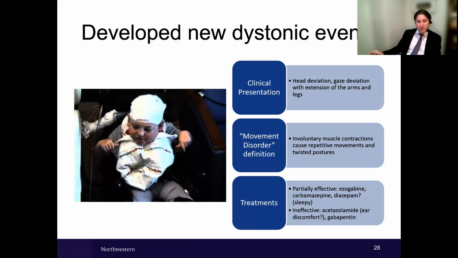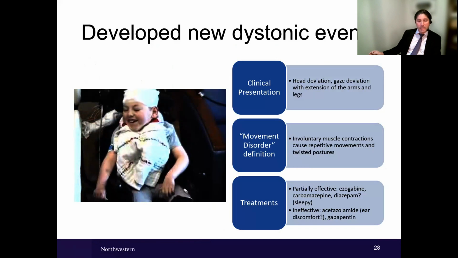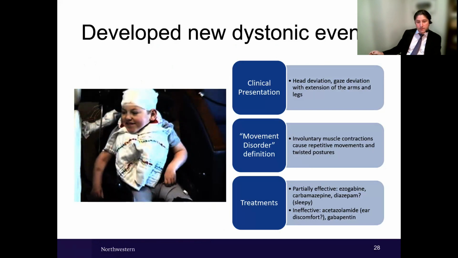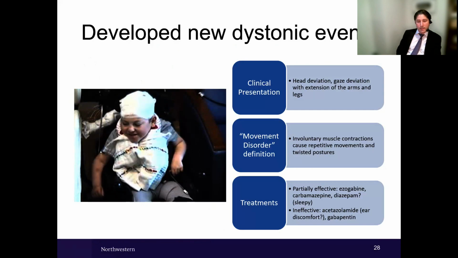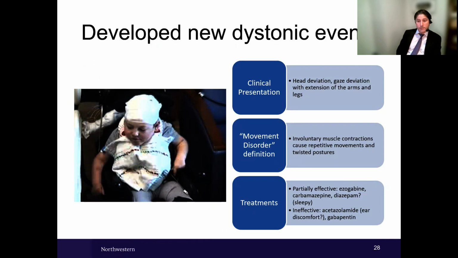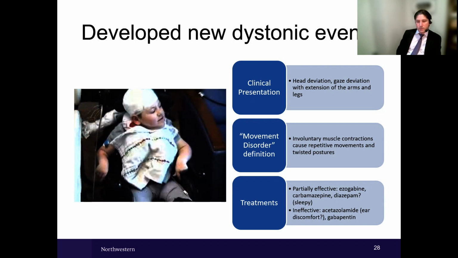A video of this, or a doctor witnessing this, can help make a diagnosis of dystonia. Many times patients will be referred for EEG because there's concern that these might be seizures. And we will see EMG, or the muscle activity, on the EEG, but we won't see changes in the EEG that would make it consistent with a seizure. Now, the treatments, which were partially effective for this patient, a medication called ezogabine, which isn't available currently,